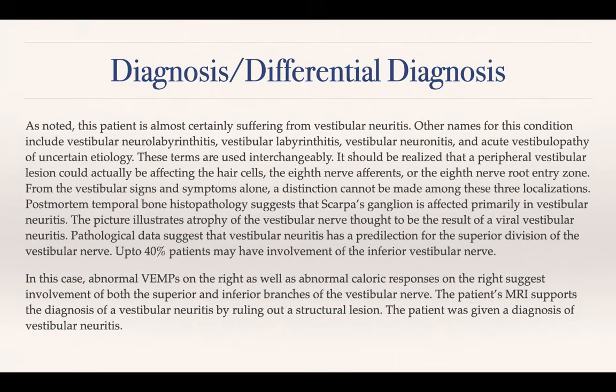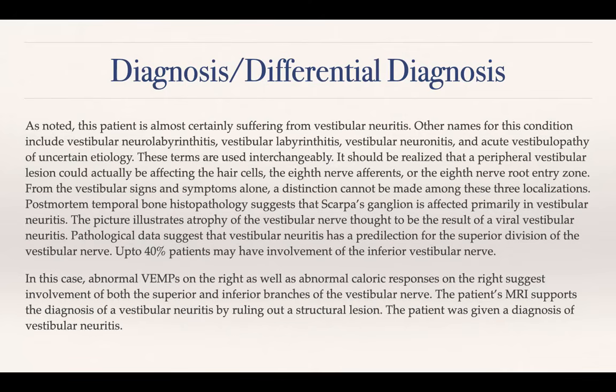The picture illustrates atrophy of the vestibular nerve thought to be the result of a viral vestibular neuritis. I will show you that picture. The pathologic data suggests that the vestibular neuritis has a predilection for the superior vestibular nerve. However, there are recent VEMP-based studies which tell up to 40% of patients may have involvement of the inferior vestibular nerve also. In this case, in this particular patient, abnormal VEMPs on the right as well as abnormal caloric responses